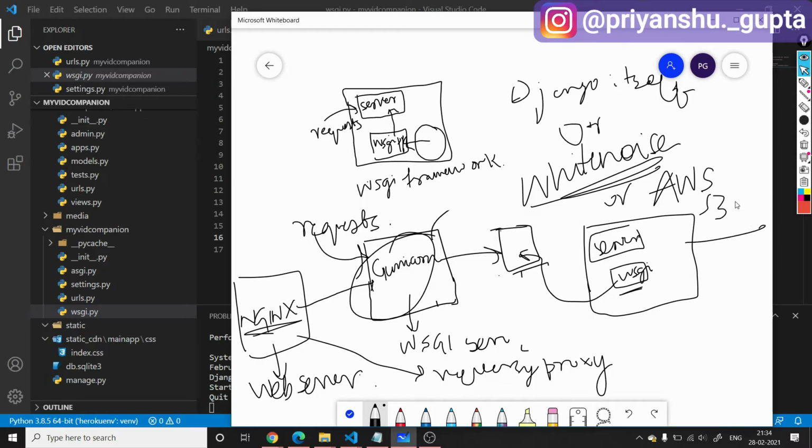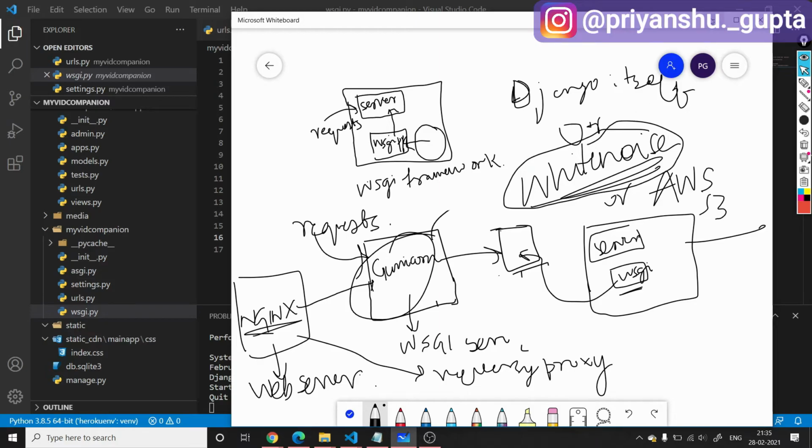So the difference between all these things is that if you are using Django itself, then it's the responsibility of Django to serve static files and media files also. It is serving all the backend code also, and now it also has the responsibility for serving these static files. So it's an extra load that we are adding to our Django application. So basically it's a wrong practice to do it in such a way. That's why we use an application called white noise.